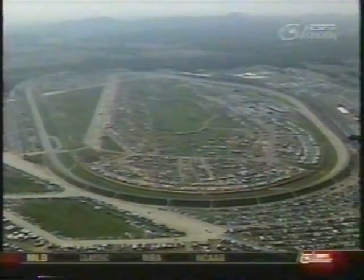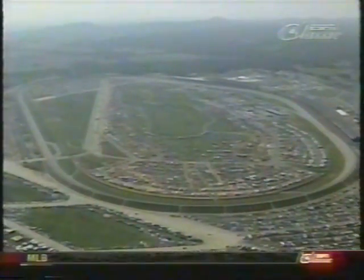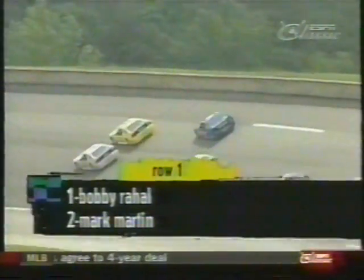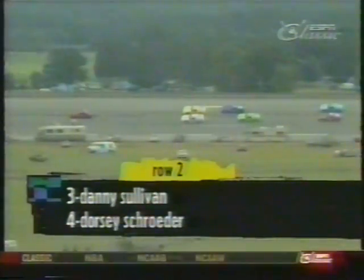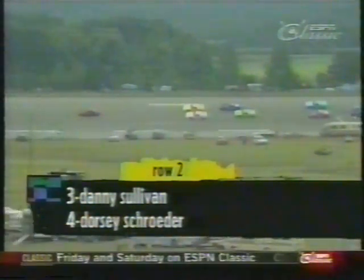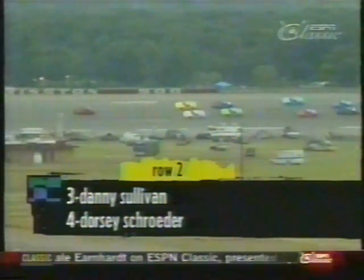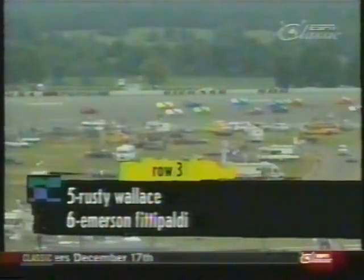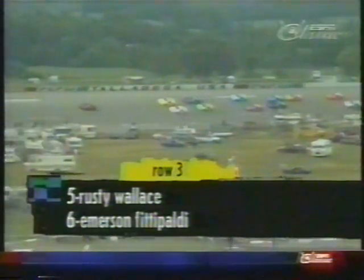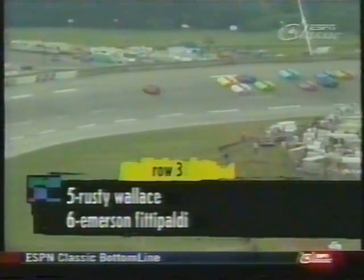12 of the finest in motorsports, and they're identically prepared Dodge Daytonas. The front row, down on the inside, in the pink car is Bobby Rahal out of IndyCar racing. The outside is Mark Martin, the stock car driver in the yellow car. In the second row, Danny Sullivan, that lime green number 3 down on the inside. The dark blue car is Dorsey Schroeder, the Trans Am champion. Back in the third row, Rusty Wallace, the rose-colored car, down on the inside, and Emerson Fittipaldi, the reigning